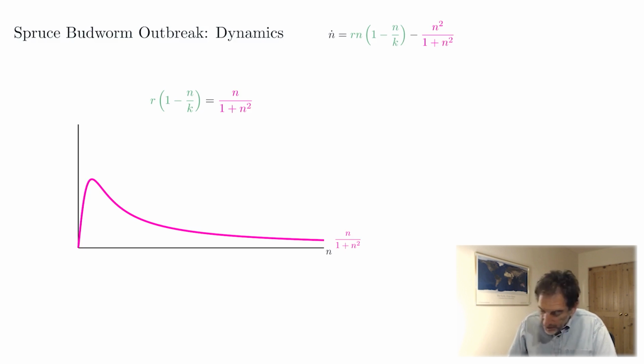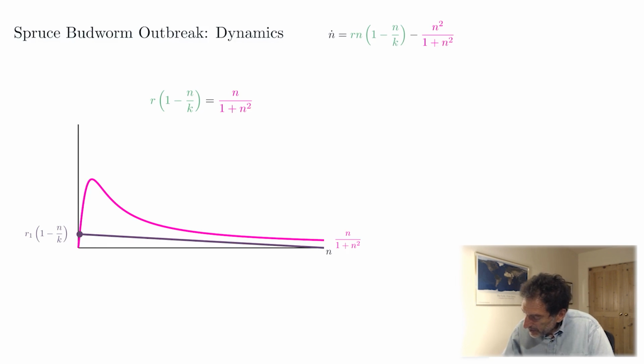Let's now look at the left-hand side of the equation for various values of R. So when R is very small, we might have something that looks like this for the left-hand side. And we see that there is a fixed point at a small value of n. However, if I increase R, then again it starts at the same point at n equals k, but now it just kisses the magenta curve. Now there is still a fixed point for small n, but a new fixed point is born